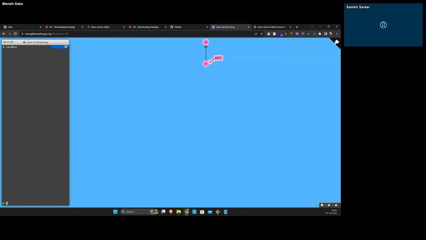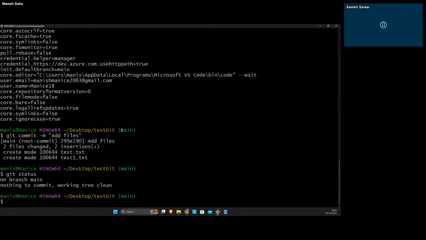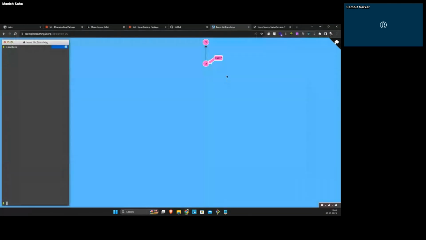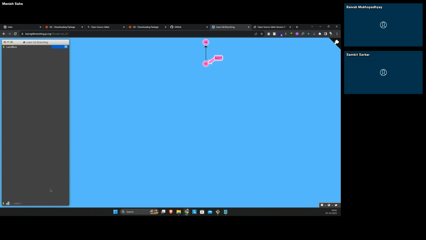This thing called main is the main branch. This is the name of the branch. It is linked with this particular commit called C1. And this arrow that you are seeing is called the head. The head is basically a pointer to the branch with which you are working. Anything that you do, like any change or any commits, will be done only to the pointer, or basically the head. So what happens when I do git